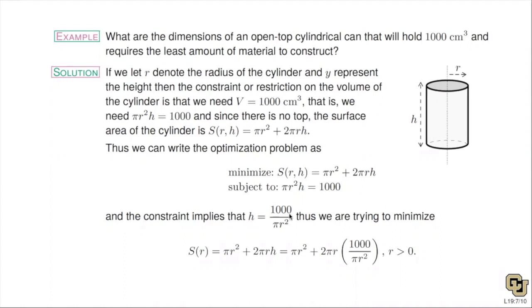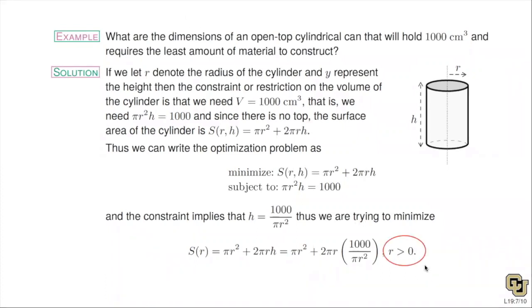So replacing h, we get this one variable function completely in terms of the radius r that represents the surface area required to construct the open top cylindrical can that'll have a volume of 1,000 centimeters cubed. That's built in now, that the volume will be 1,000 centimeters cubed because we've applied the constraint. So now it becomes a traditional